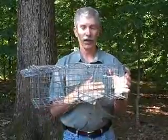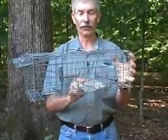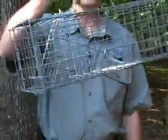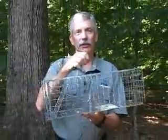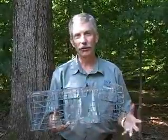But it's just simply placed in a flat position where the animal walks in. Squirrel comes in to get the bait, steps on the pedal, and the door closes and you have your trap. You pick him up and you have it. Now, squirrels are generally regulated by the State Wildlife Agency, so of course you always need to check